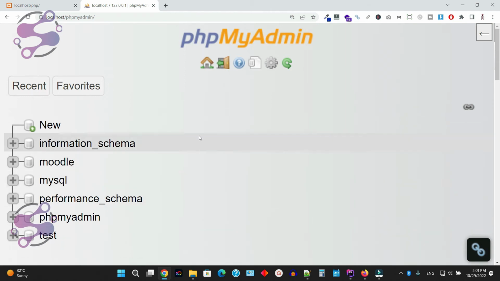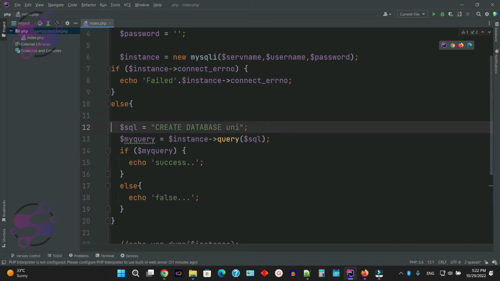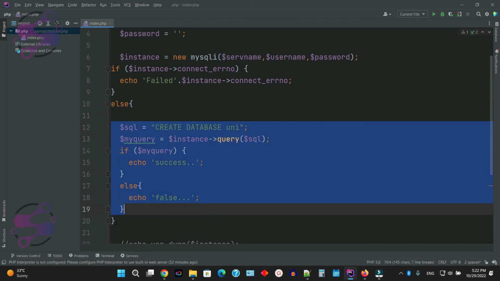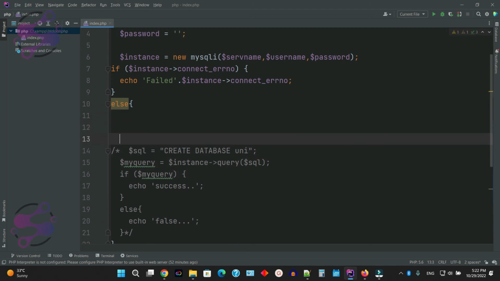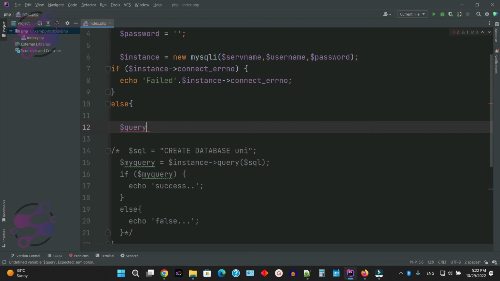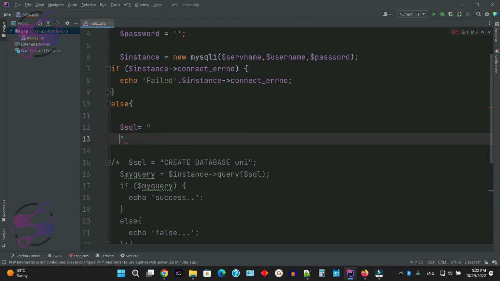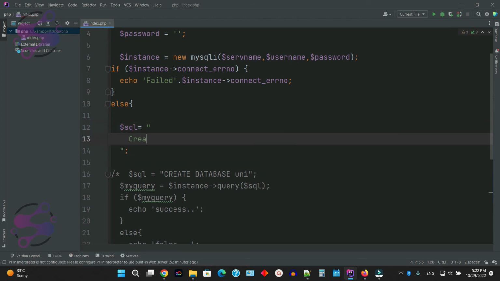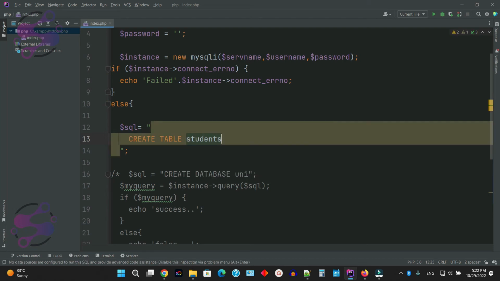As you can see, these are the settings. Okay guys, now I'm saying how can you create the tables. This is the query or the SQL query. I'm writing the query here. I'm saying create table students,